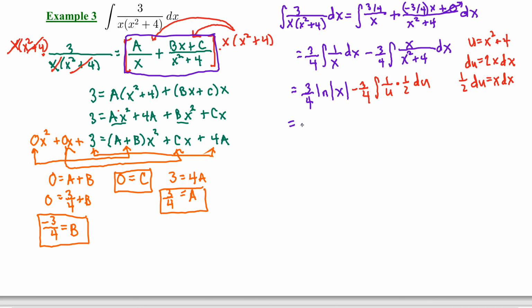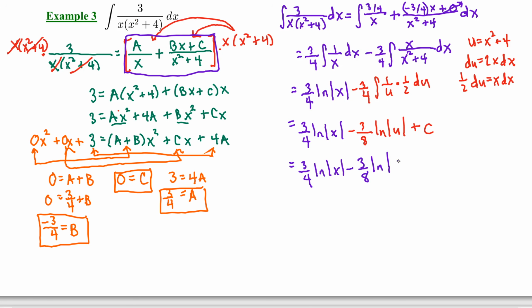So carrying our first term, we have 3/4 times the natural log of the absolute value of x. Combining constants in our second integral here, we have 3/8 times the integral of 1 over u, which we know is natural log of the absolute value of u. Let's go back and recover our original variable x. So we have minus 3/8 times the natural log of the absolute value of u, which is x squared plus 4, plus c. Now this is an acceptable answer,